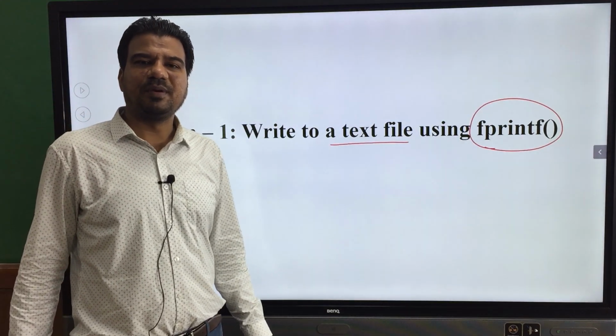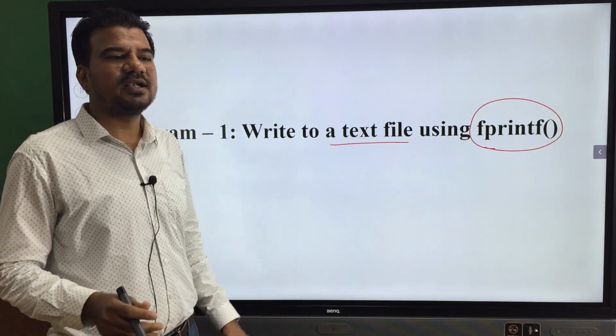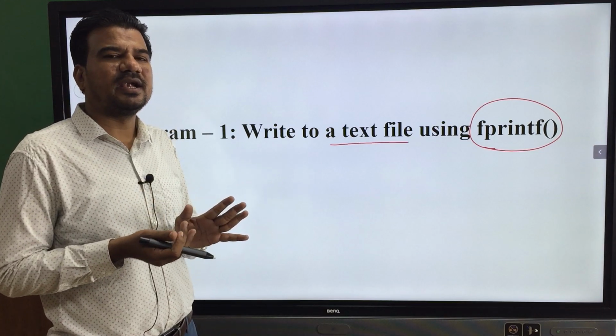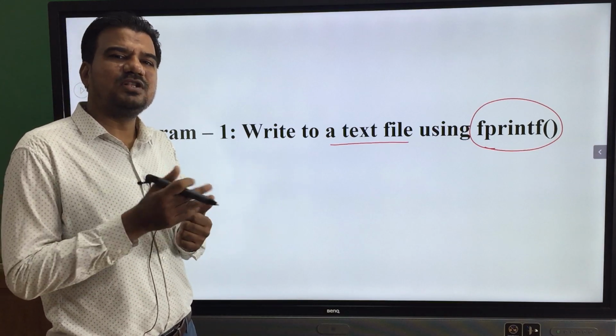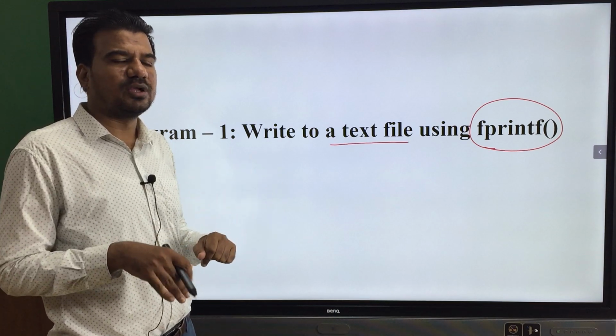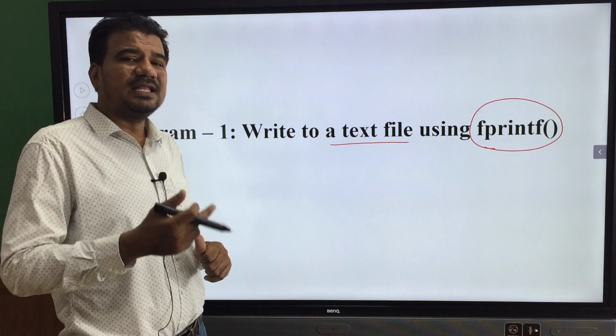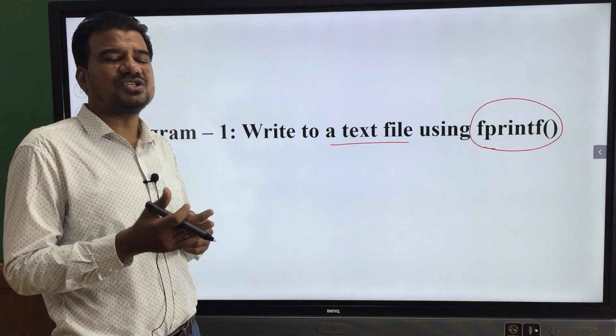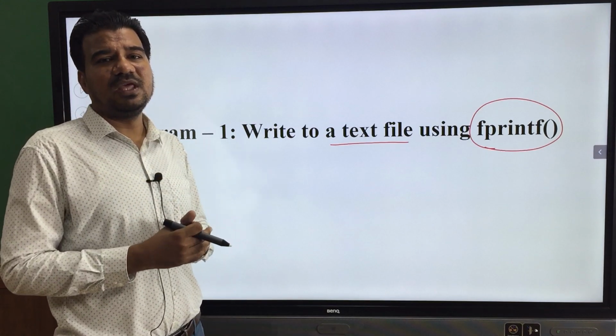I will show you how that file will be created, and I will open that file and show you in the computer, not in the application. Then we will write another program. In that program, we use the fscanf function and we read the content from the file.